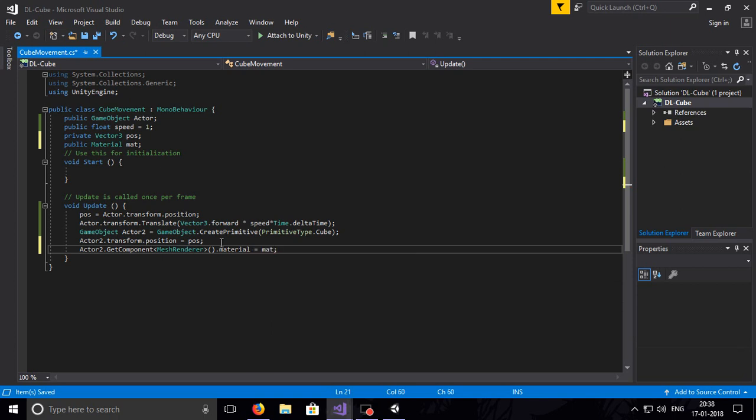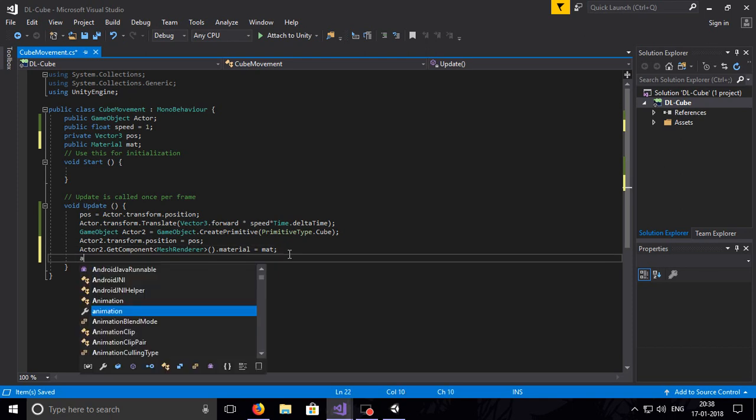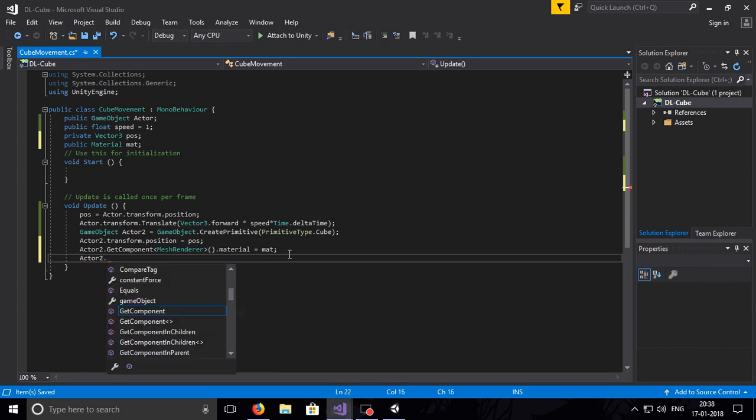Now as we know, all the cubes have box collider. So as our cube has a rigid body and also a box collider, it is hitting with it and it is not giving us the movement. So let's make it is trigger so that it will not collide with our real box. Actor 2 dot add component, no sorry, get component